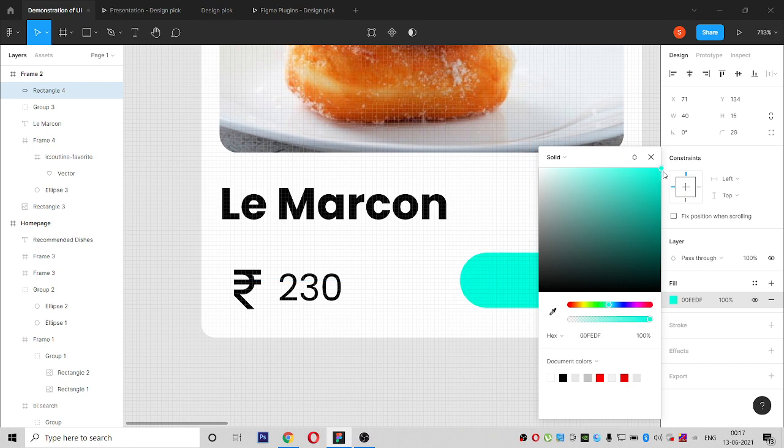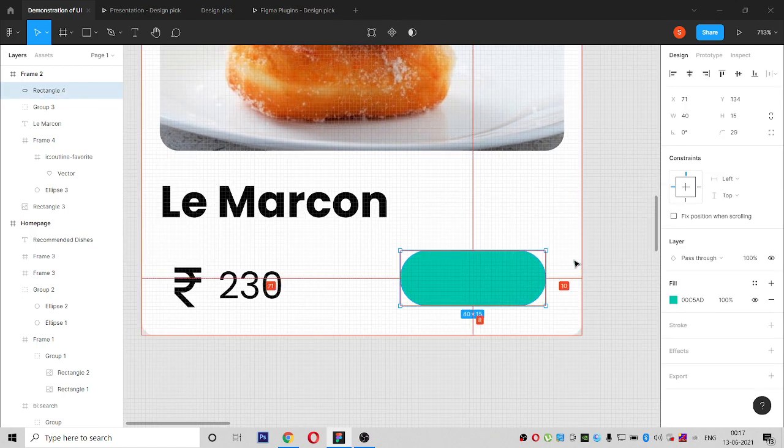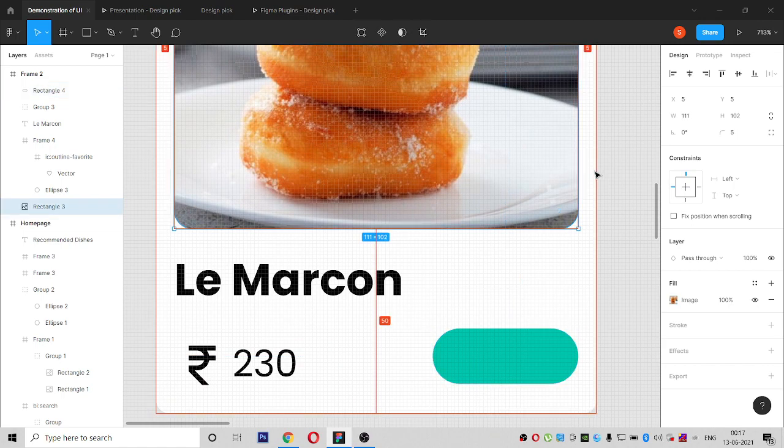I will keep this color only. Make this also 5. So this also will be 5.